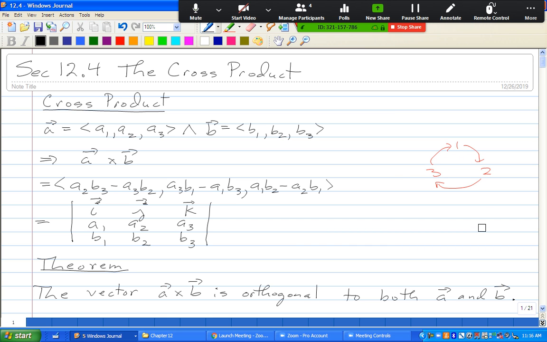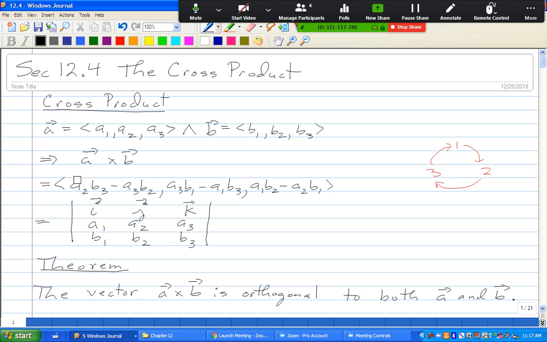Section 12.4, the cross product. I will define the cross product using two vectors in R3. Suppose I have a vector A with components A1, A2, A3, and a vector B with components B1, B2, B3. Then I'll define the cross product of A cross B as